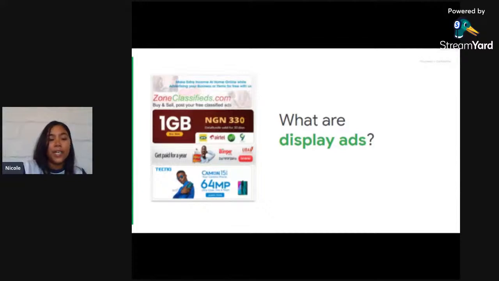Display ads come in all shapes and sizes, predominantly image banners. There are different ad formats available, like text ads, image ads, video ads, and ads across mobile websites. Visual ads can be more effective in getting people to click as they're more eye-catching and can stand out.